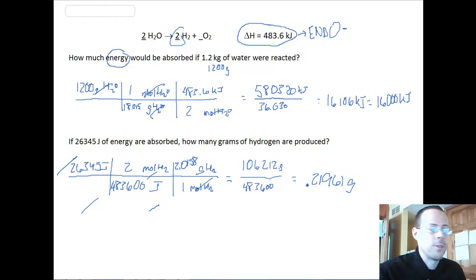Alright, and that is stoichiometry with thermochemistry. You'll have a balanced equation, and at the end of the balanced equation you'll have some kind of delta H value, and that's how you go from joules or kilojoules into moles, using the kilojoules and that delta H in your balanced equation, those coefficients for your balanced